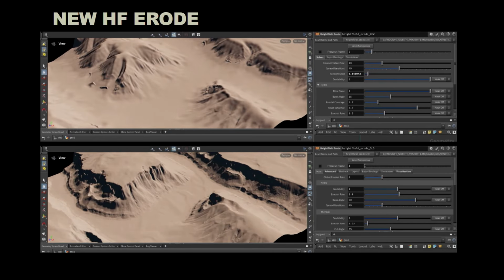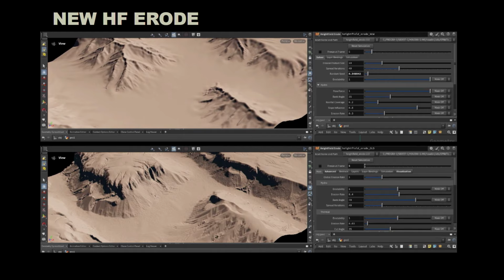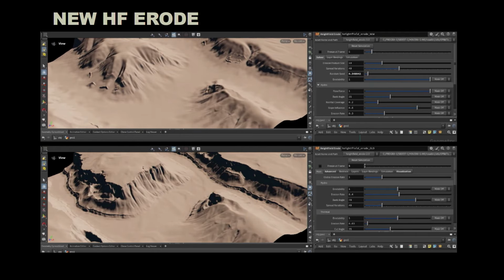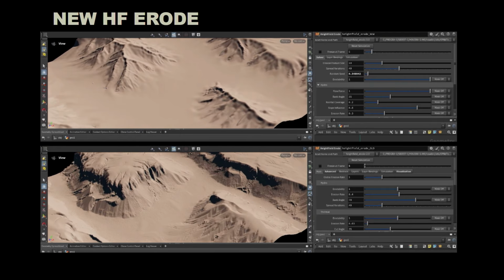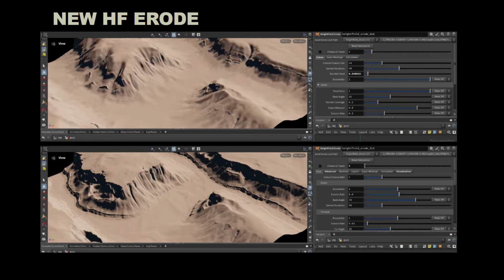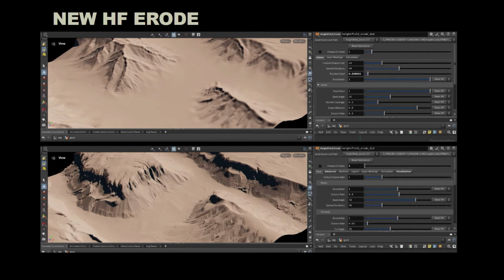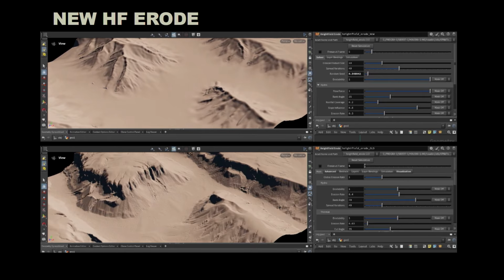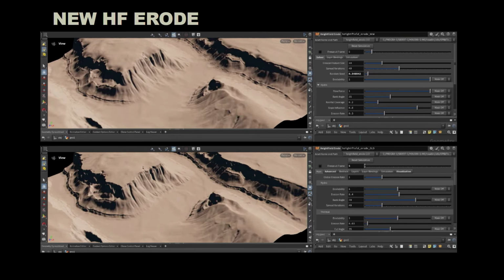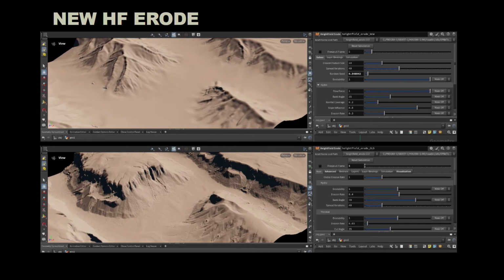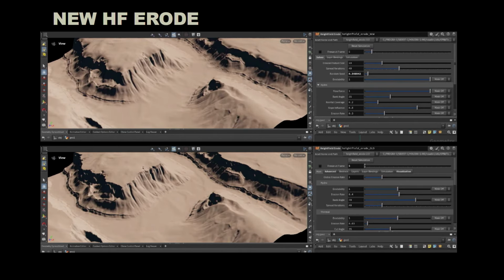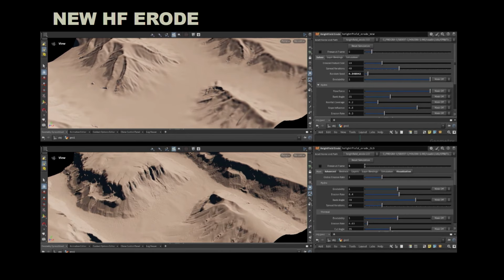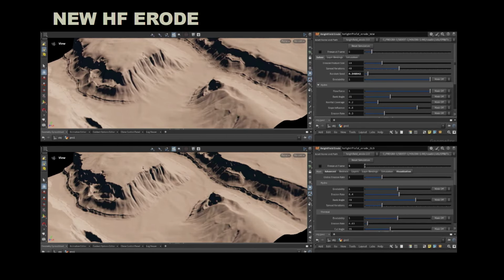The upper part is the new height field erode, the lower part is the old. Apart from the difference in look,